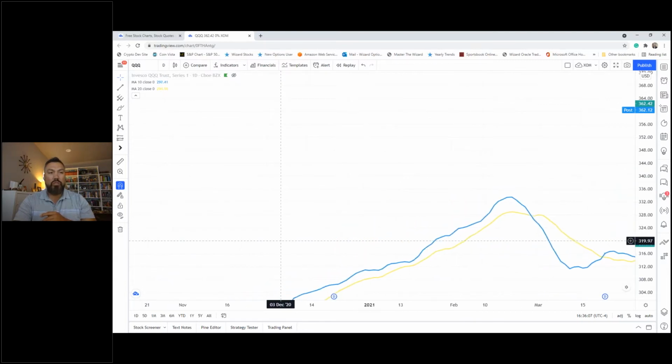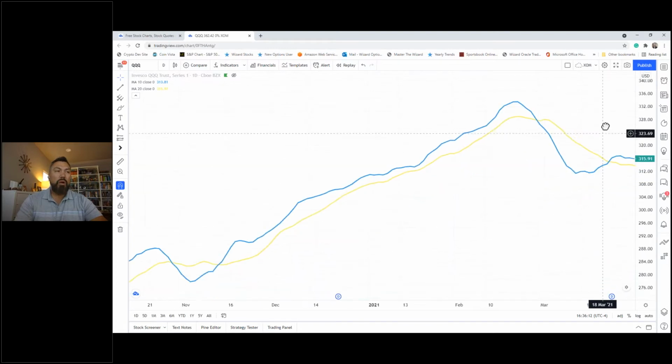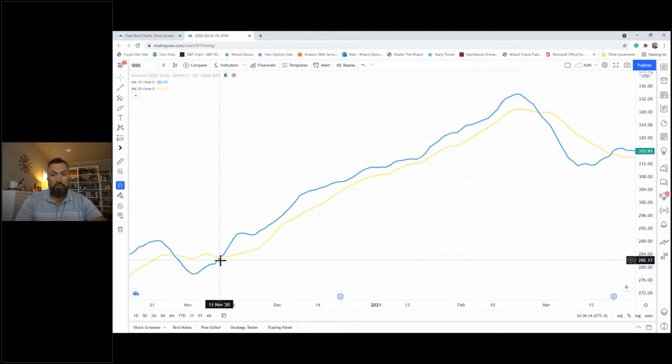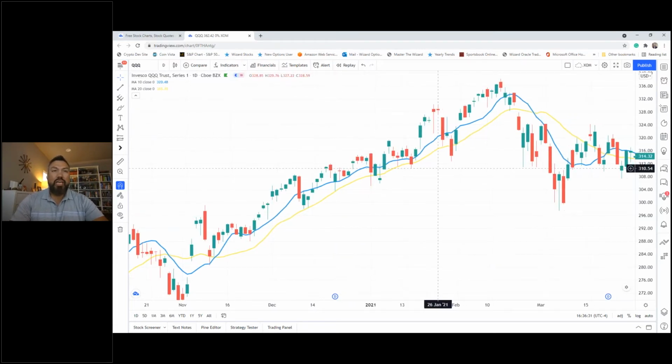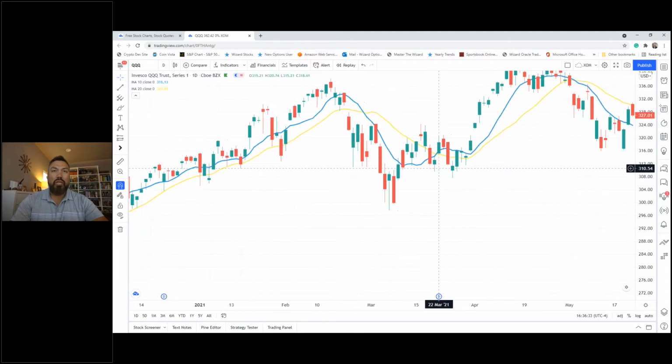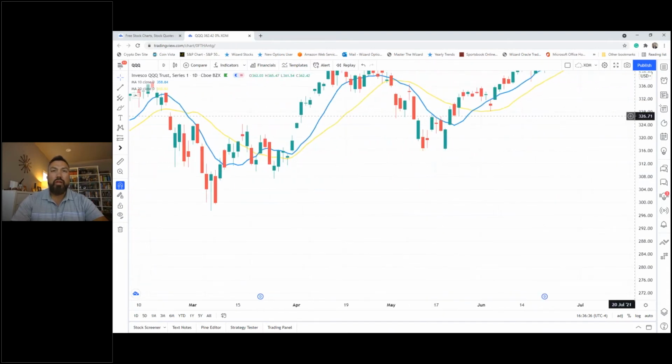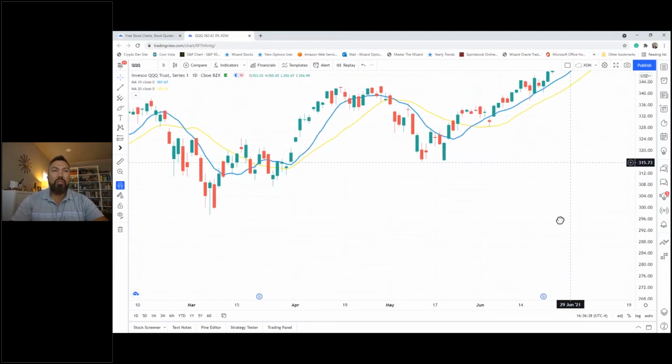So now I want you to start to visualize and think about not only the relationship of blue to the yellow, but where these crosses occur. That starts to really build a directional trend analysis. Now, this is all done without even looking at the price. So now when I put the candles back on, you'll see how the price action correlates to those arrows, right? The arrows and the crosses. So here we go.